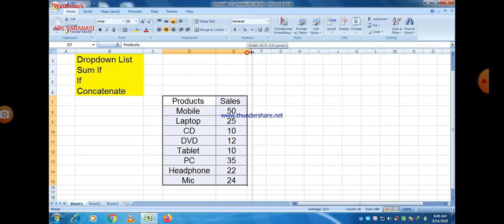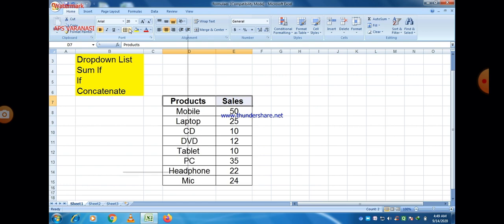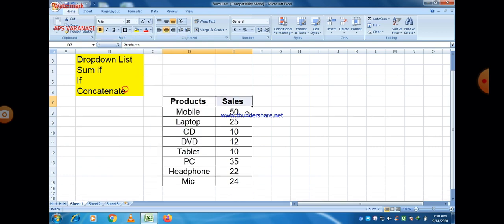I think now it is clear, visible to all of you. If you want to give it color, then it is possible. Just first of all make them bold and then highlight the boundary.